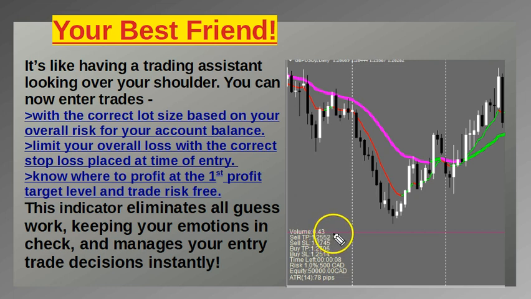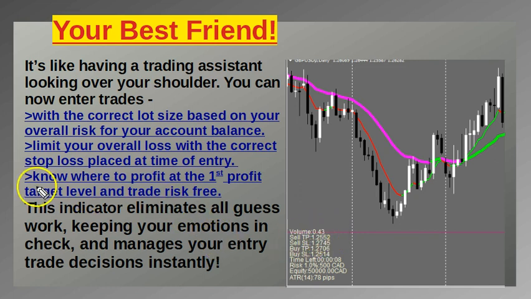The volume, it's recommending I trade with no more than 4.3 mini lots. And you're going to have to learn the first number after the 0 is the mini lots. And you're going to have to learn how to read volume. But in this case, it's 4 mini lots, which means approximately $4 per pip movement I would make or lose. Okay, so